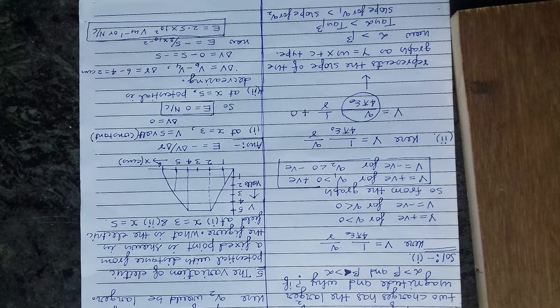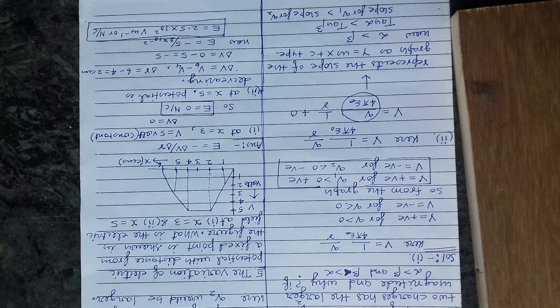Okay, and then you see the potential is varying from x is equal to 4 to x is equal to 6. It is varying from 5 volt to 0, right? So we have to calculate what is the electric field at x is equal to 3. Okay, you know the electric field at x is equal to 3 is the negative potential gradient at point 3.